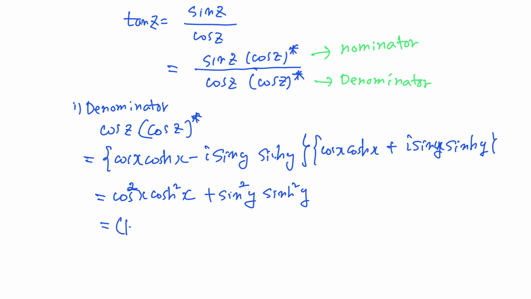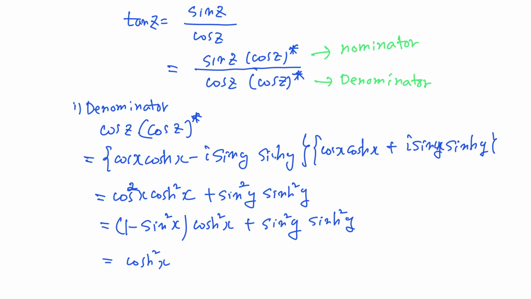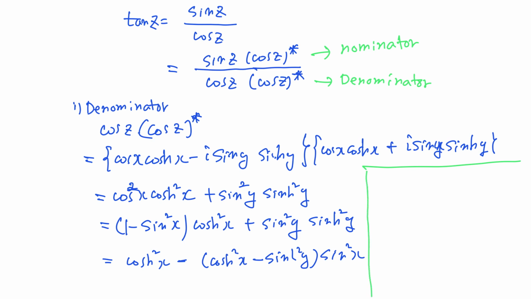Cosine square x can be written as 1 minus sine square x, times cosine hyperbolic square y, plus sine square x sine hyperbolic square y. So this is cosine hyperbolic square y minus sine square x times cosine hyperbolic square y minus sine hyperbolic square y, right? And you probably learned in your high school days that cosine hyperbolic square y minus